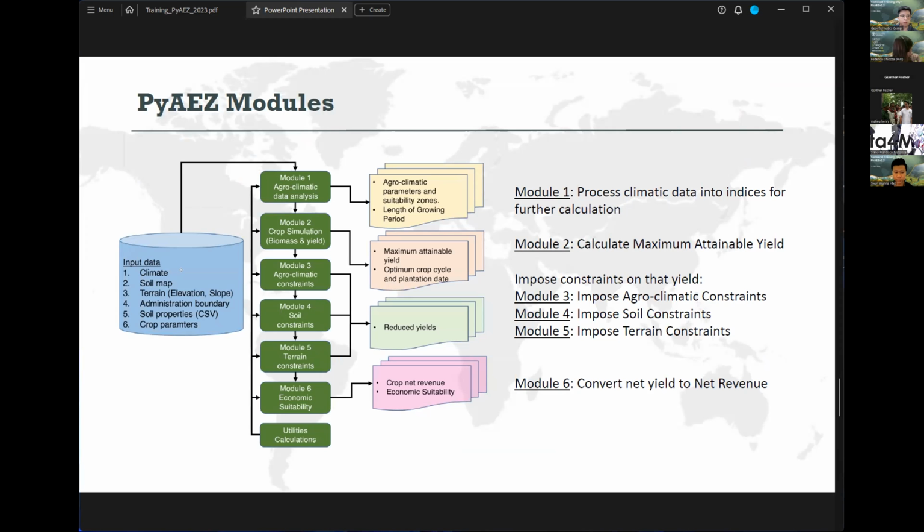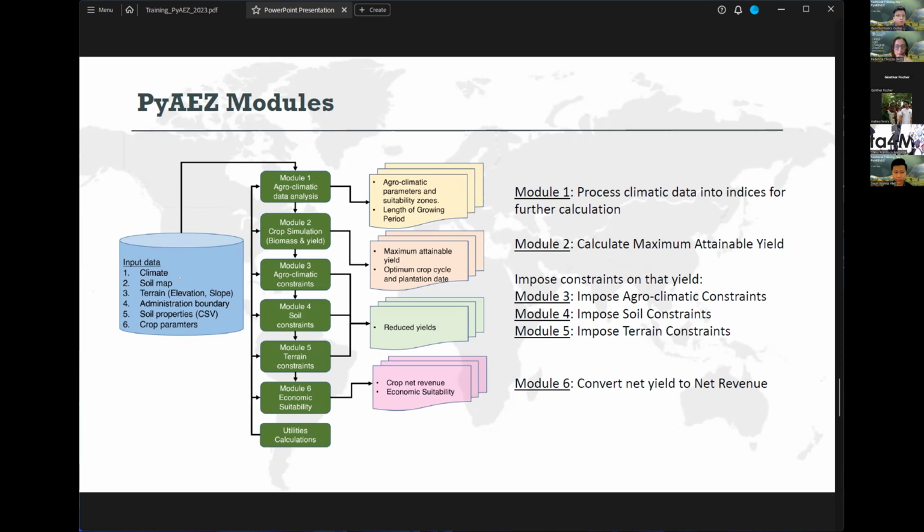We also need some soil property data, soil map, the terrain map. That includes the slope raster, the elevation raster. We would also need some administration boundary raster just for clipping purposes.